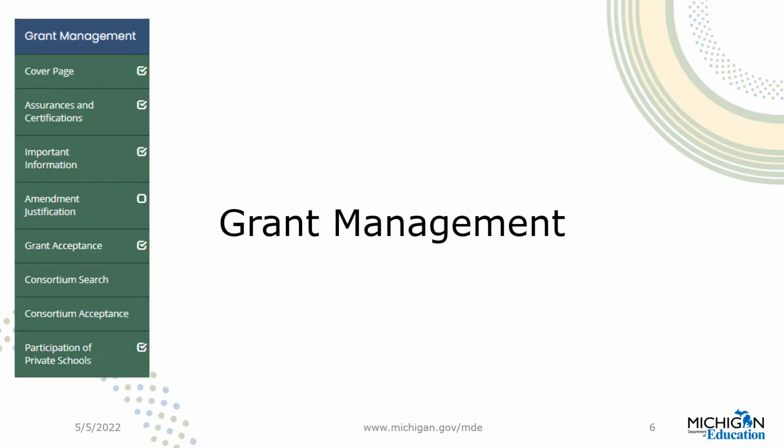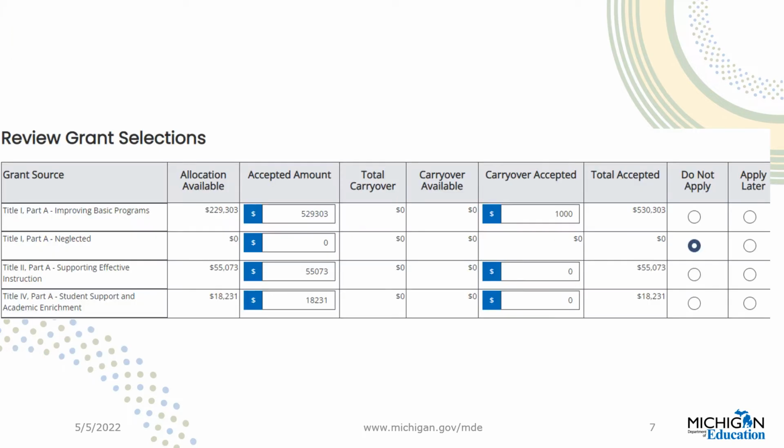The first section in the ConApp is the Grant Management section. This section contains many standard screens such as the cover screen, general assurances, important information, and other similar screens. In addition, it has the following Review Grant Selection screen. On the Review Grant Selection screen, LEAs will see the available amounts for each grant that may be available to